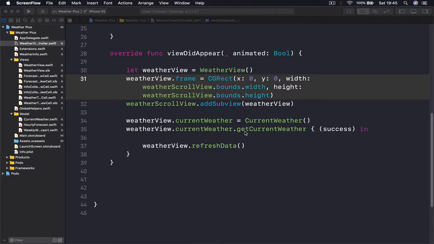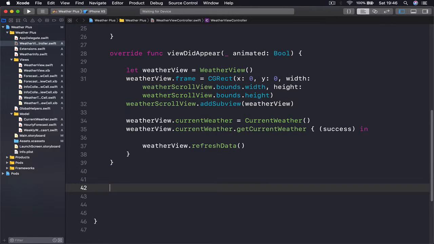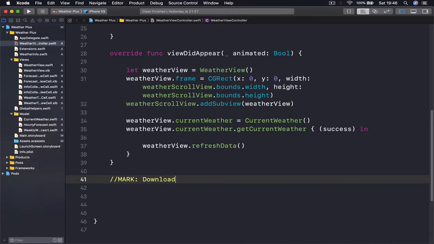Okay, finally we are ready to download our weather information and display it in our weather view that we have already created. So inside our weather view controller, we want to create some functions that will download our weather using our model. So let's put a mark here, and I'm going to call this download weather. And we are going to have three functions, one for current weather, one for hourly weather, and one for weekly